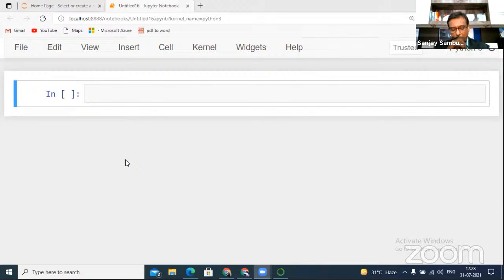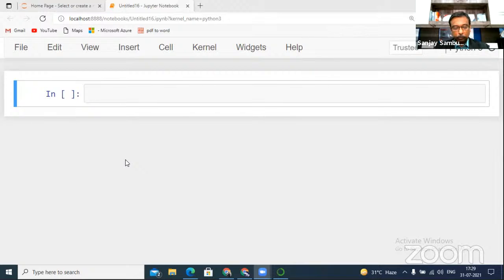Let's see an example. Say I need to store values from the user into variables. Say num1 equal to